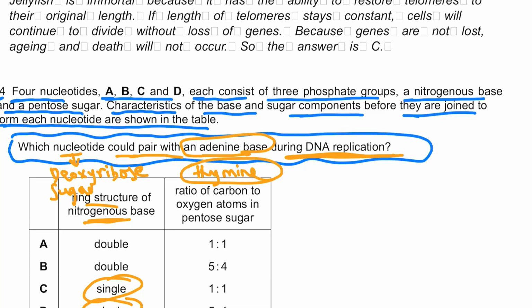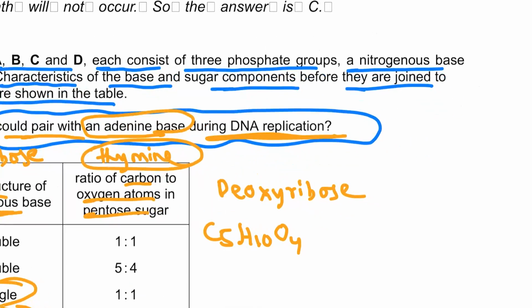What about the ratio of carbon to oxygen atoms in the pentose sugar? Guys, the pentose sugar over here is deoxyribose. If we talk about deoxyribose, the formula of deoxyribose is C5H10O4. However, this is very unusual, because